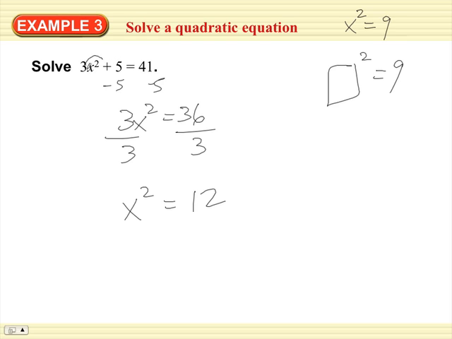Anytime you have x squared, there's always 2 answers. Always. Even if it's like this: x minus 2 squared equals 0. What's your answers here? Minus 3. What's your answers here? Oh, 2 and